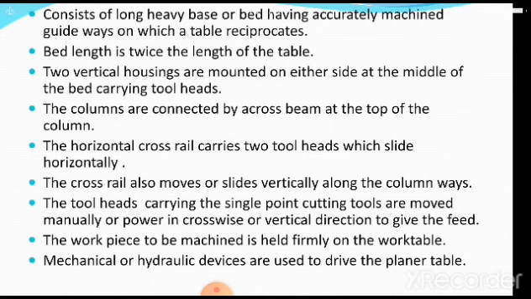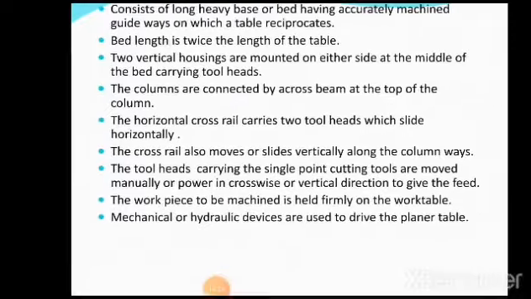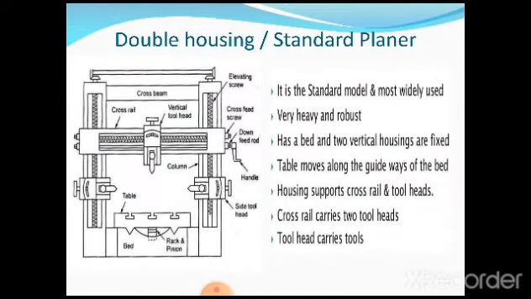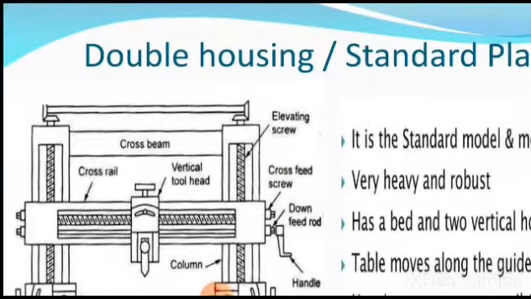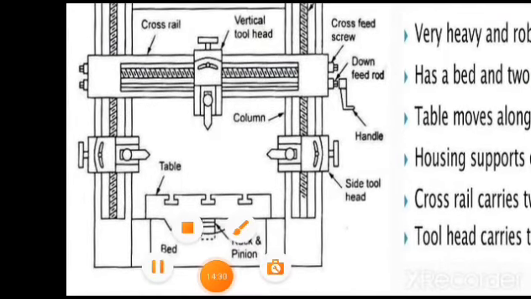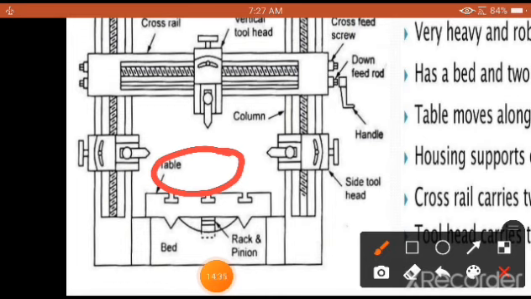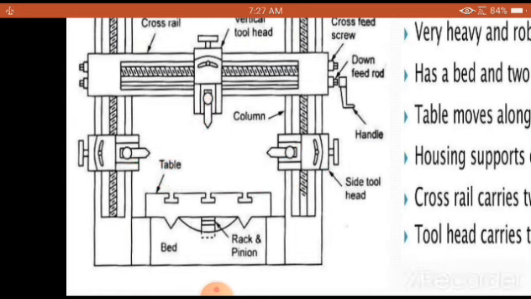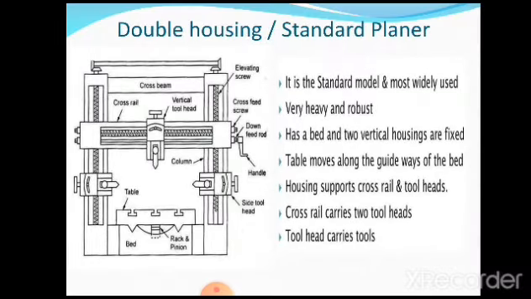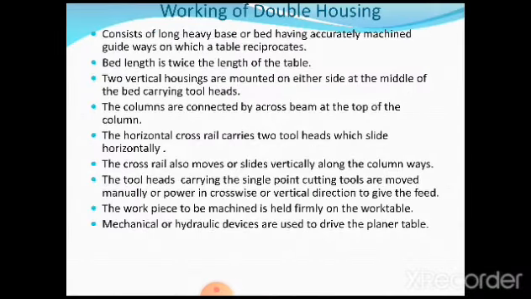We need to understand the concept very clearly: we first hold the required workpiece over the work table. It is clamped firmly and the table is made to move, and the feeding is given with the help of cutting tools mounted on different tool heads, so the surfaces can be machined at ease without any difficulty. That is the main concept here.